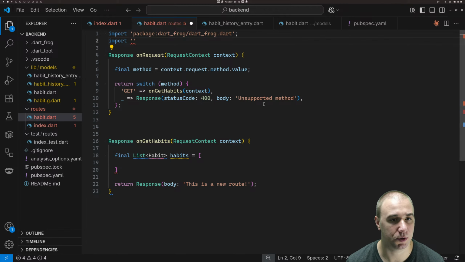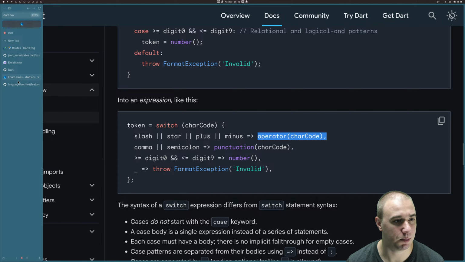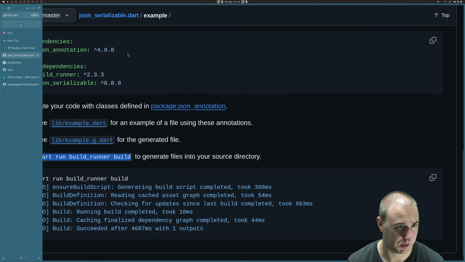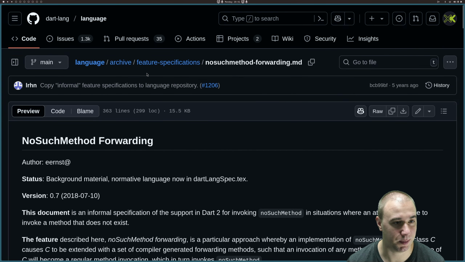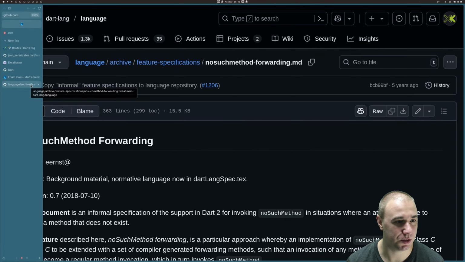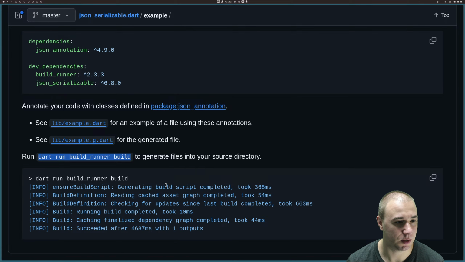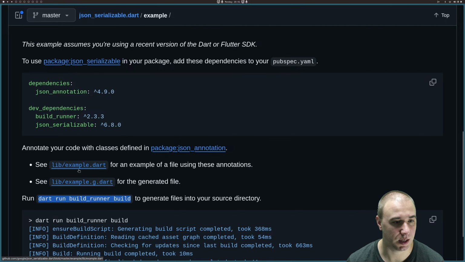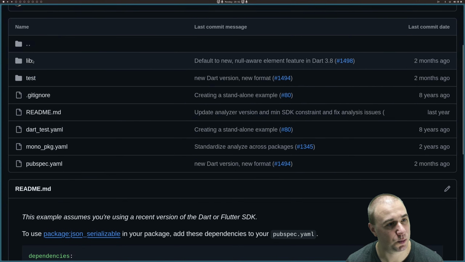How was I supposed to import them? We had an example here, right? JSON serializable, whatever. Oh, I'm having trouble speaking now. And this is Dart language. No such method forwarding. No. Where's that example? Oh, here. Okay, so